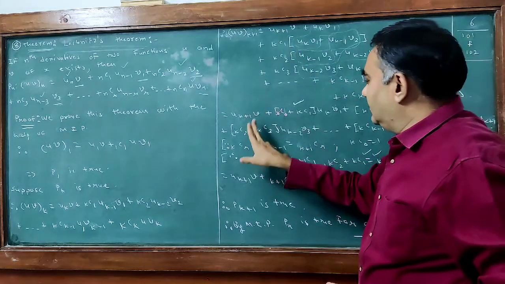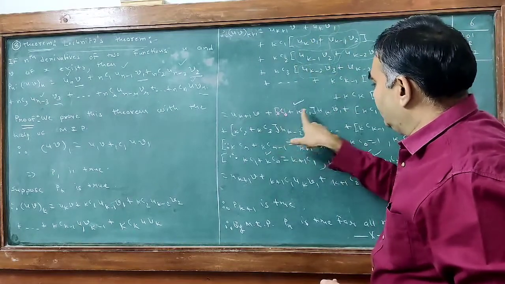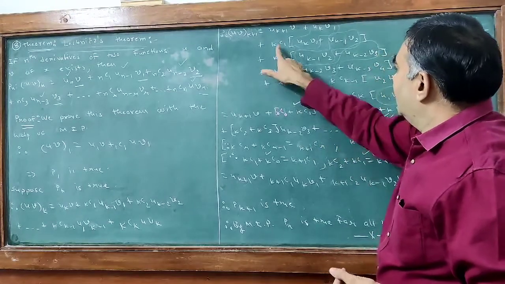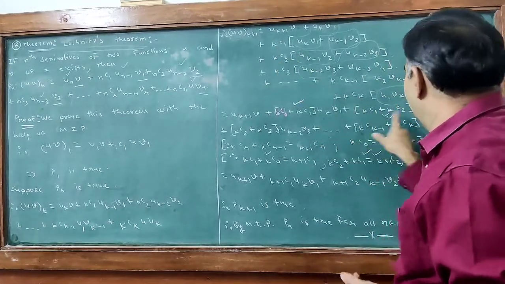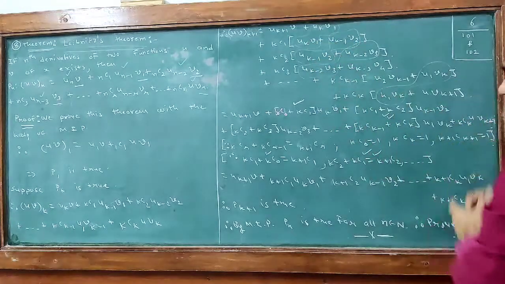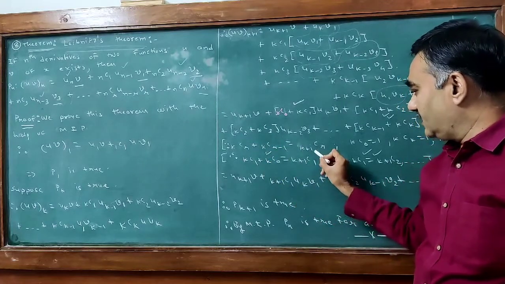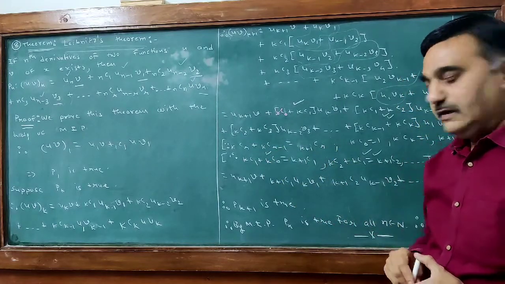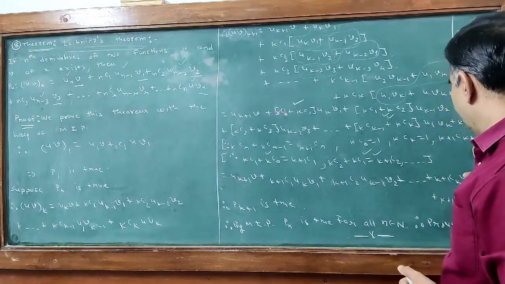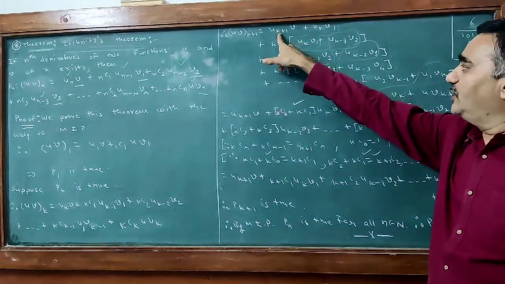Now uk+1 v is here. uk v1 is in common, meaning it is 1 plus kC1, uk v1, then kC1 plus kC2 for uk-1 v2, and up to the last term. And here we use kCr plus kCr-1 is k+1Cr, where kC0 is 1, kCk is 1, and k+1Ck+1 is 1. Therefore it is uk+1 v.